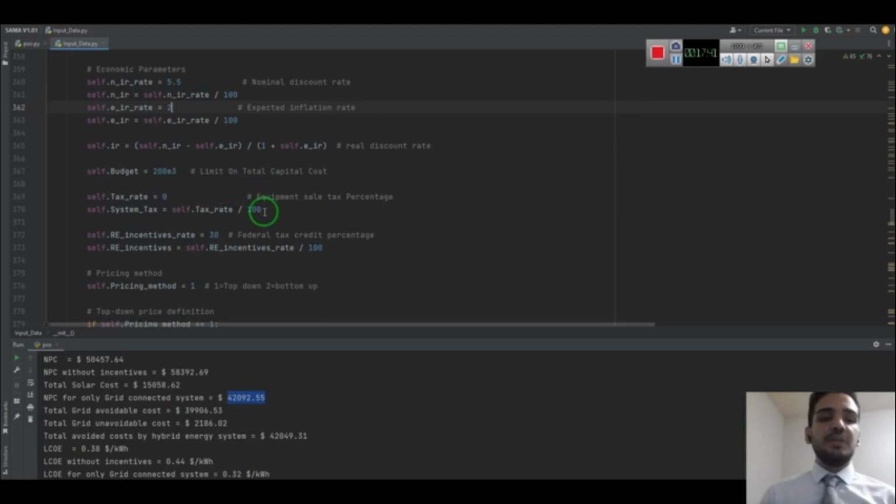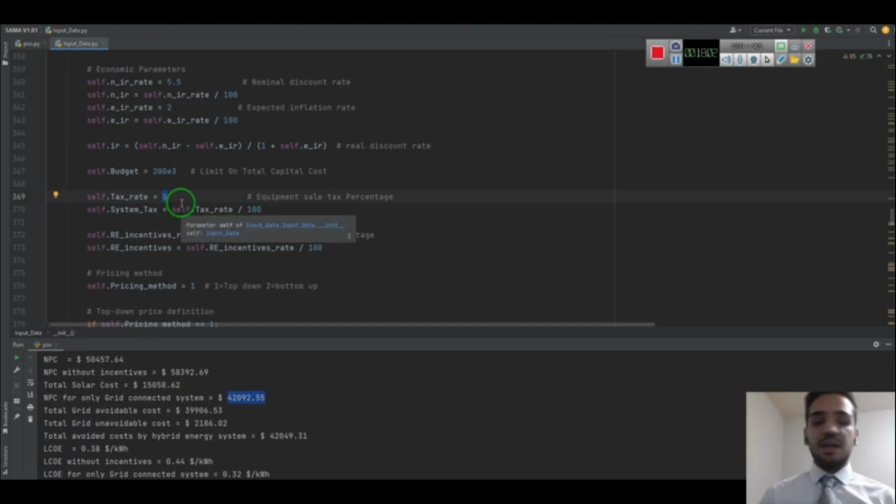Users are also able to define the sales tax rate on the equipment here, but I define the sales tax as zero because I'm using the top-down pricing methodology here. In the top-down pricing methodology, the sales tax is previously considered.